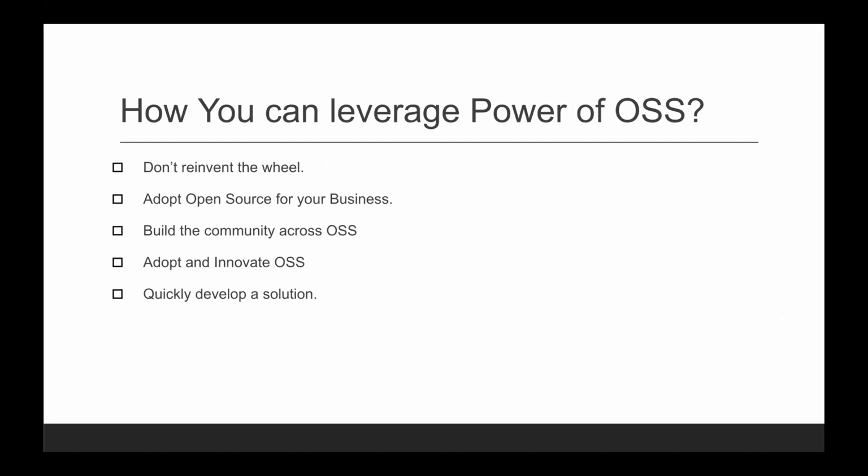Okay, now we will see how you can leverage the power of open source. The first fundamental: don't reinvent the wheel. When we say don't reinvent the wheel, that means if an e-commerce open source framework is available, why will you create your own, right? Or why will you create a store from scratch? There are some npm packages available. Why should you create it again, right? So that's called don't reinvent the wheel. If there is an existing open source product available which satisfies your requirement, use it. Don't write it from scratch.